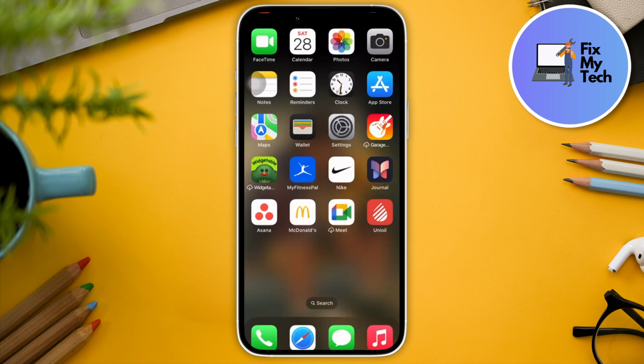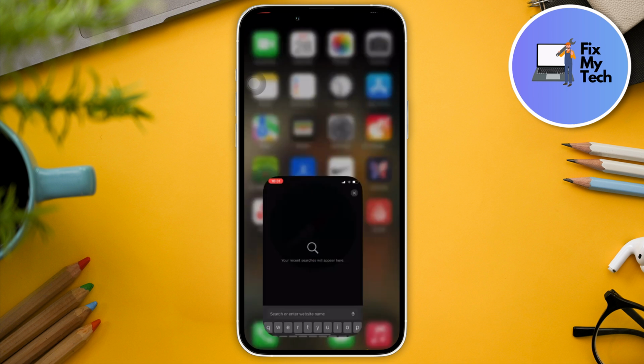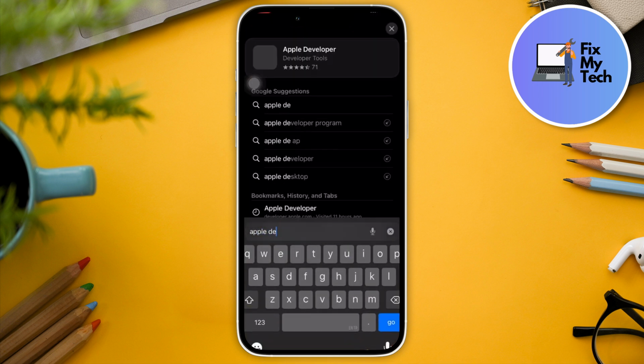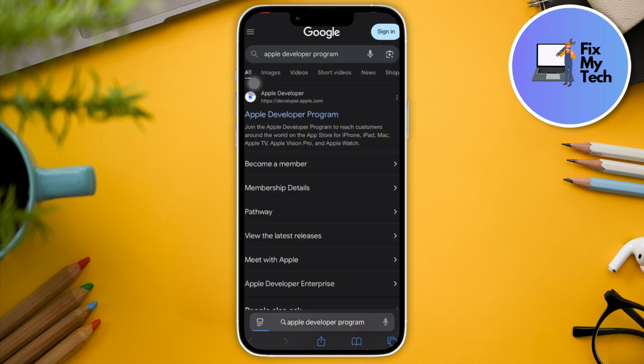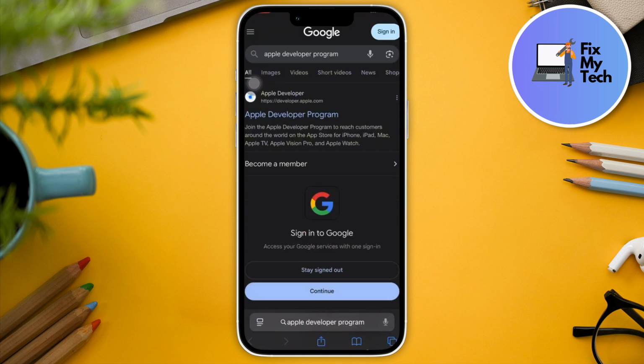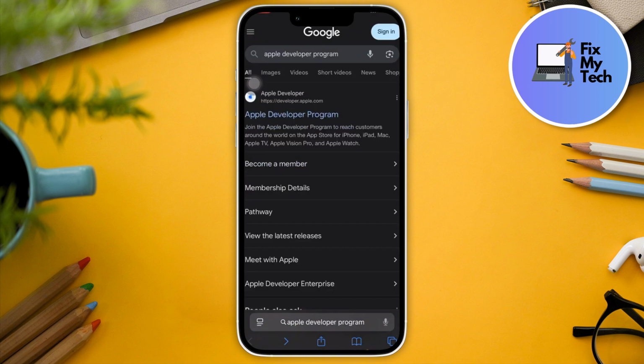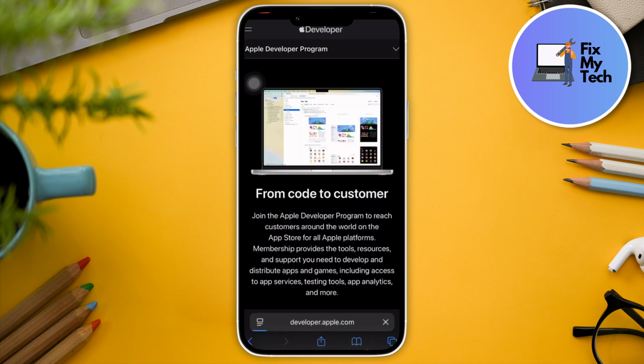So next up, join the Apple Developer Program by opening up your browser or Safari and typing in Apple Developer. Let me just type in Developer Program right there, opening it up right here. Just make sure you're signed into your Apple ID for this one. Let me just go back, go right here again, and this is going to be a free